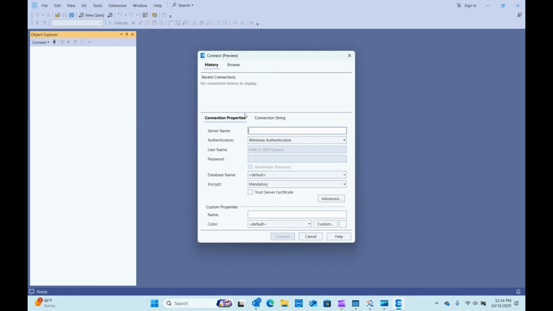I intentionally cleaned out the history so there wouldn't be a connection here, so I can show you how you find that. Browse, and in this case it's local. If you had a network database, it would be, of course, on the network, and if it's set up properly, you would be able to find it that way. But in this case, it is local, and that's the instance that we used. Here, I could just use this Windows authentication, but I'm not going to. I'm going to use the SQL Server authentication for the main reason we